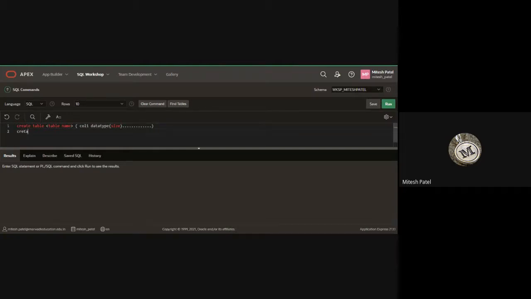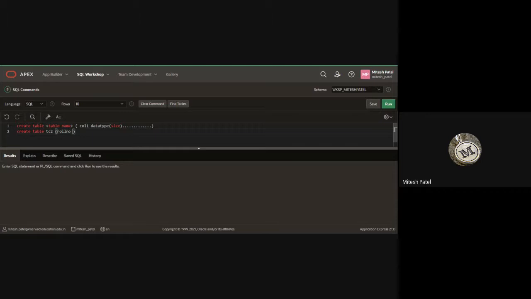Let's create a table. Create is one command, table is a keyword. Let's create the tc2 table. Create table tc2 into bracket. Our first column is roll number.